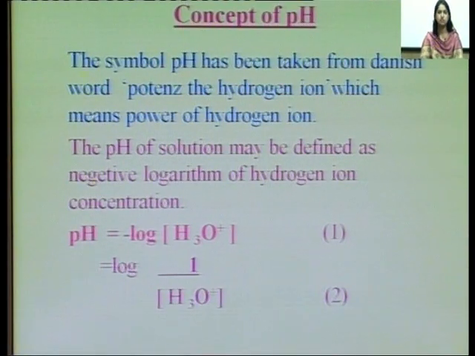The pH concept was obtained from the relationship that Kw is equal to the product of hydronium ion concentration and hydroxyl ion concentration. So, what does pH mean? pH means the potence of the hydrogen ion, which means the power of hydrogen ion. So, the pH